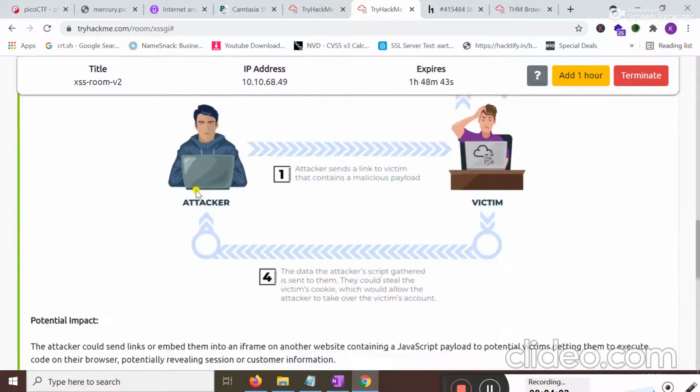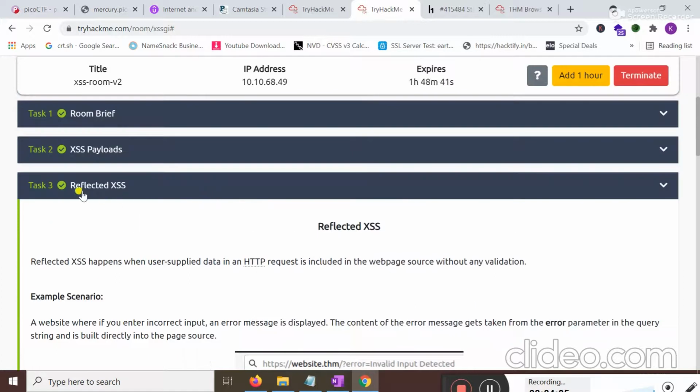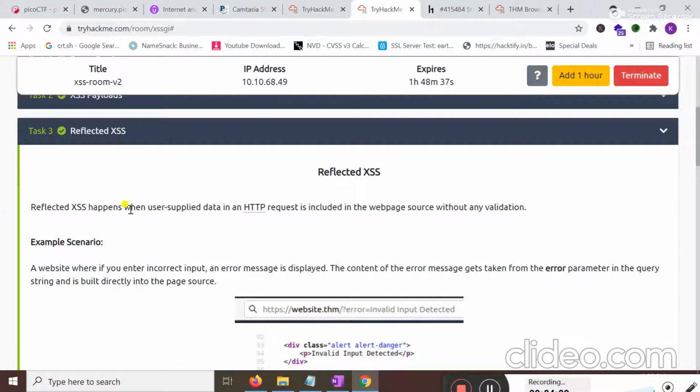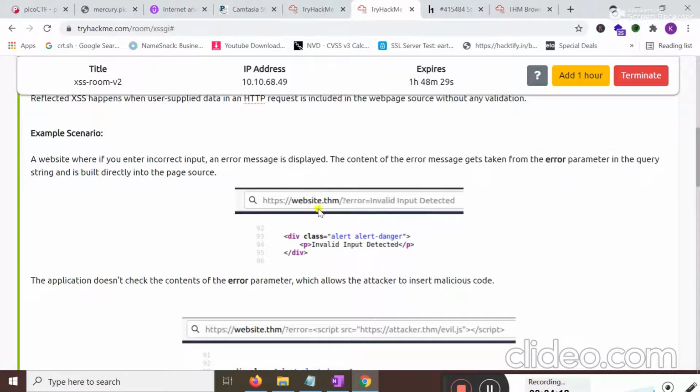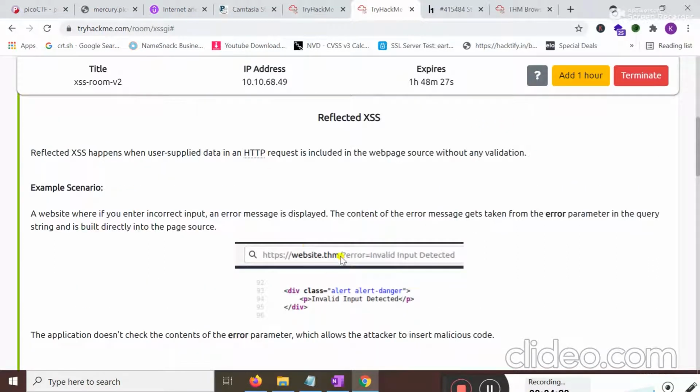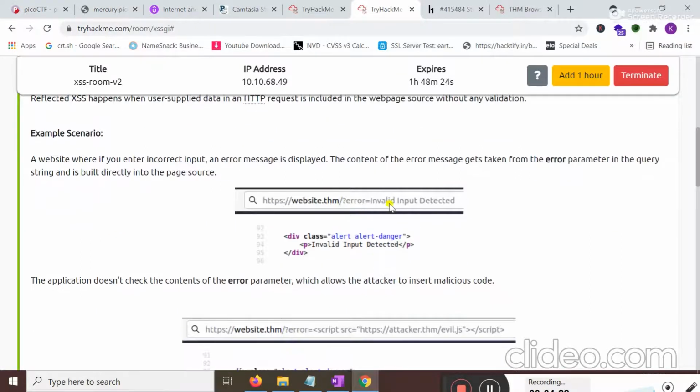Okay, move to Task 3, that is reflected XSS. This is the first type of XSS. It happens when user-supplied data in an HTTP request is included in the web page source without any validation. In the picture you can see an HTTP request, and in this URL you can see a parameter is passed, that is error, and the value passed is invalid input detected.